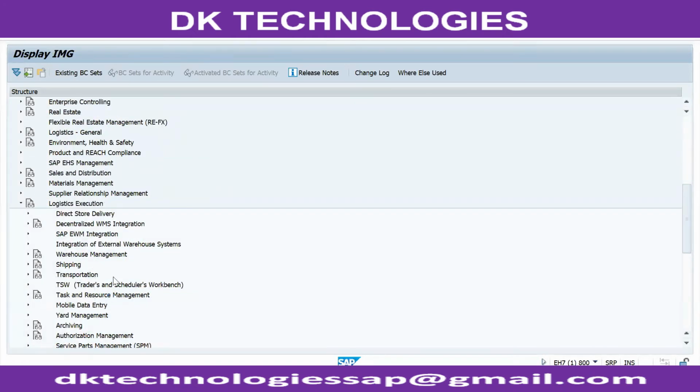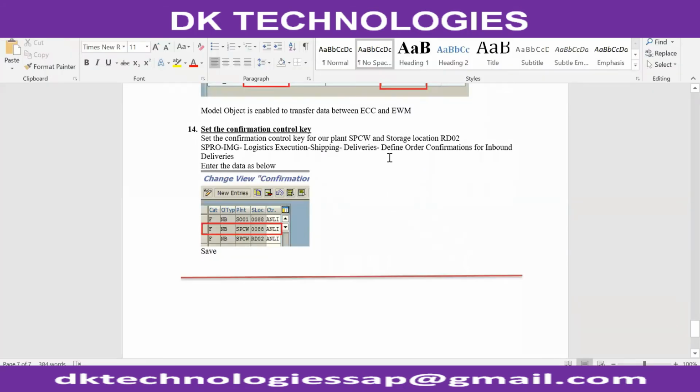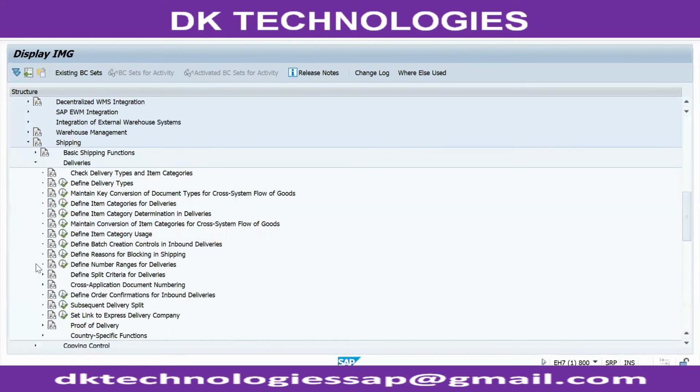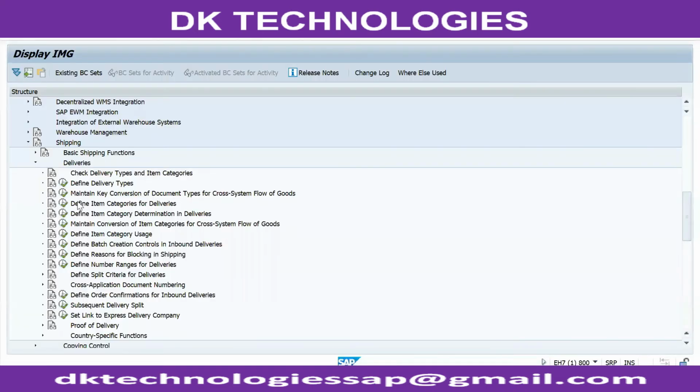Shipping, deliveries, define order confirmation, deliveries. Define order confirmation for inbound deliveries.